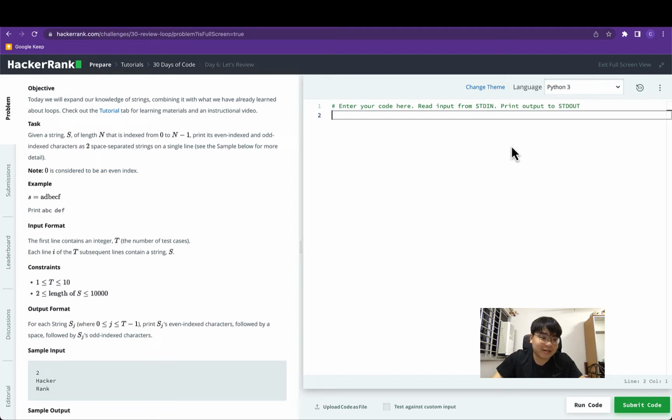For this question, we're given a string s of length n, indexed from 0 to n minus 1, and we are supposed to print its even-indexed and odd-indexed characters as two space-separated strings on a single line. So for example, if we have A, D, B, E, C, F, the even-numbered characters would be A, B, and C, because in this case, the first index is 0, the second index would be B, and the fourth index would be C. So in this case, it would be A, B, C,